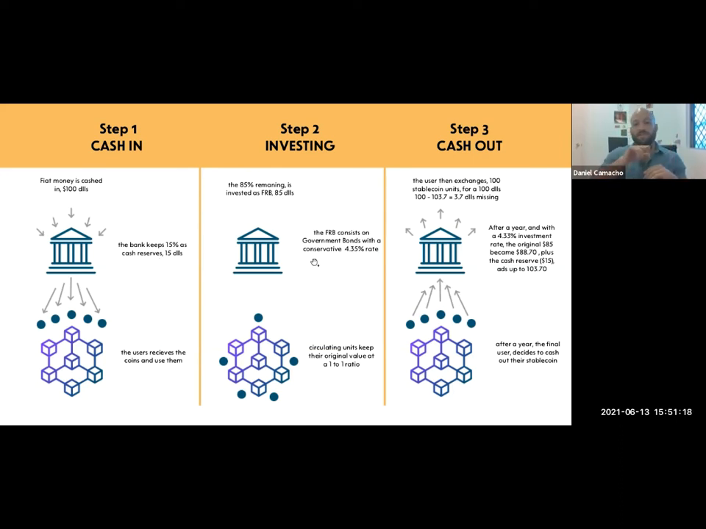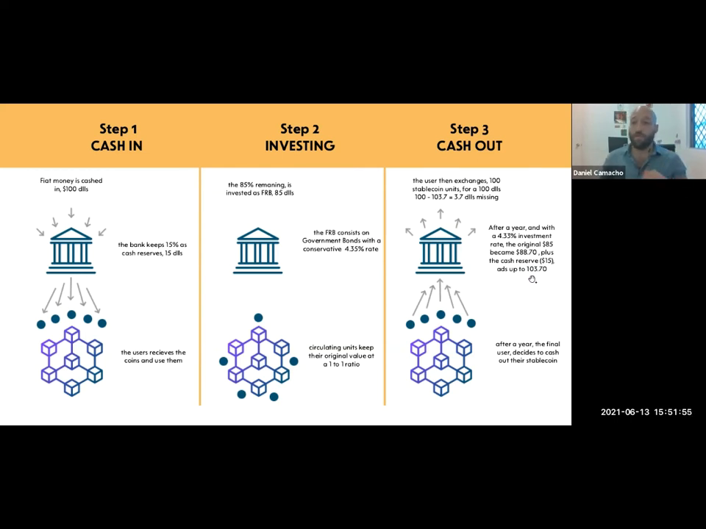The problem comes when we close the cycle on a one-year time lapse. Okay, so a year has passed, and the final user decides to cash out their stablecoins. Pay attention to this. After a year, and with a 4.35% investment rate, the original $85 became $88.7. Plus the cash reserves, remember it's $15, the 15%, it adds up to